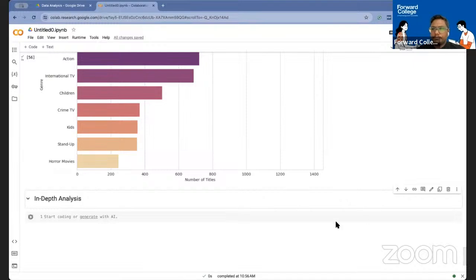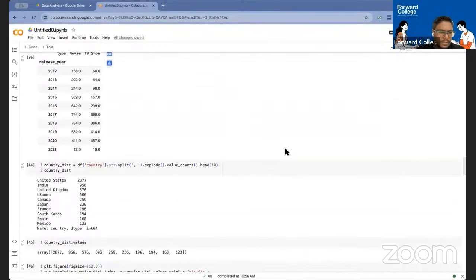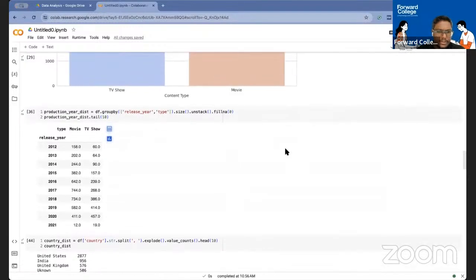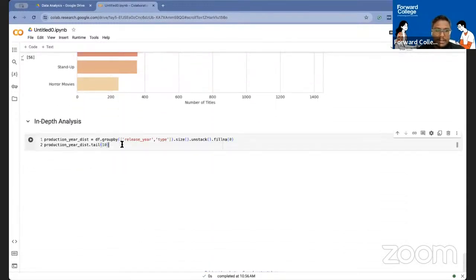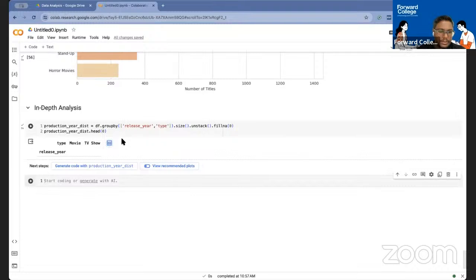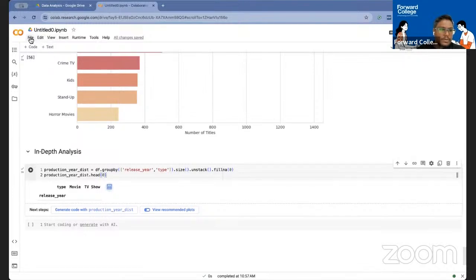So now, let's see if... I think, hold on. I think there's one analysis that I have done earlier, which is basically our in-depth analysis. I did it earlier, but it's okay. So I'm gonna look at the head first for this. Okay, never mind. Let me go to file,